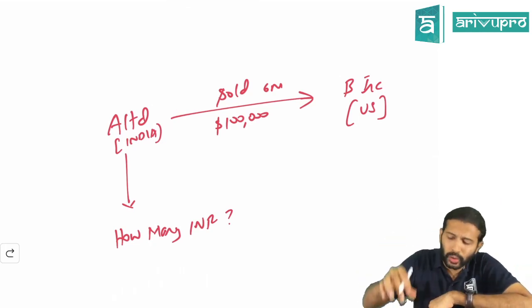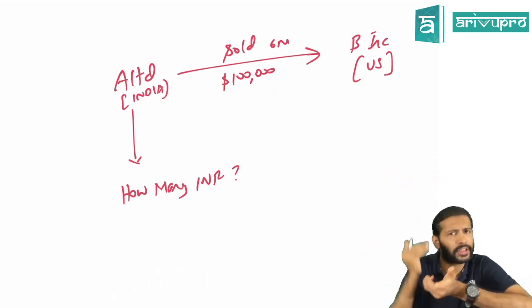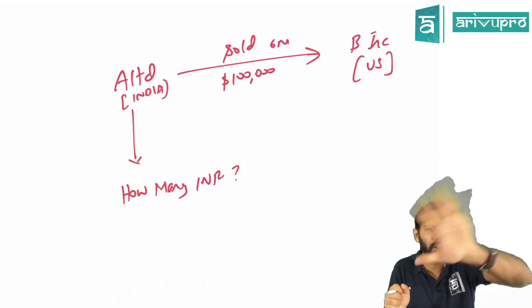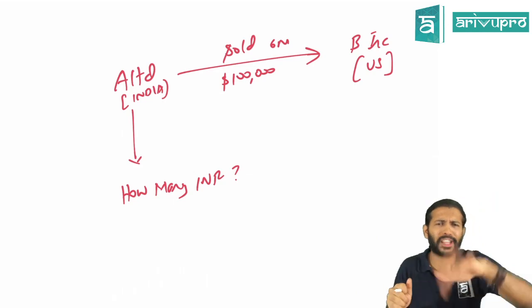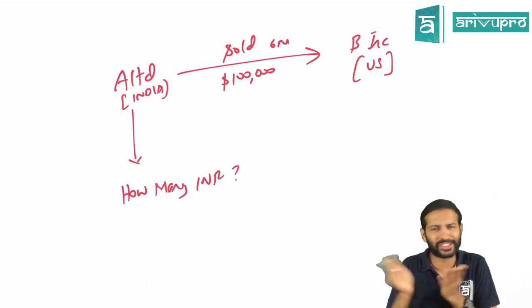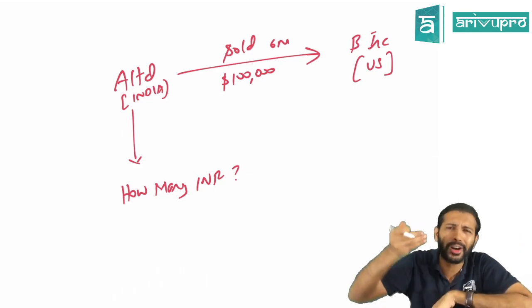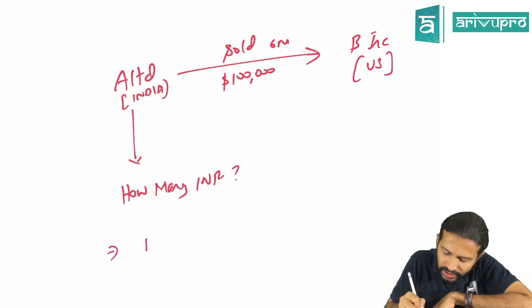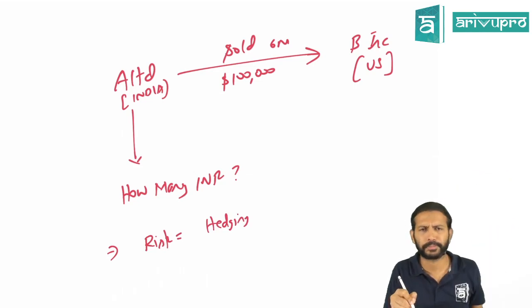So there is a huge risk here. They may receive more money if the exchange rate is favorable, or they may receive less money if the exchange rate is unfavorable. They don't want to take this foreign exchange gamble because their business is to buy and sell goods. So business risk they will take, but this foreign exchange risk, A Limited may not be comfortable taking. To cover this foreign exchange risk, A Limited can get into an arrangement known as hedging. Hedging is basically to cover the risk.